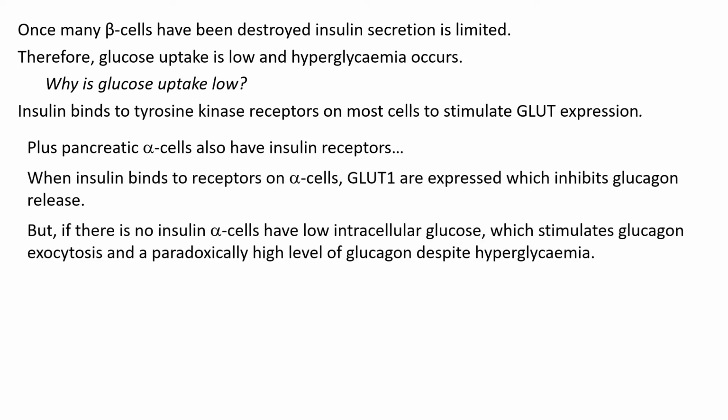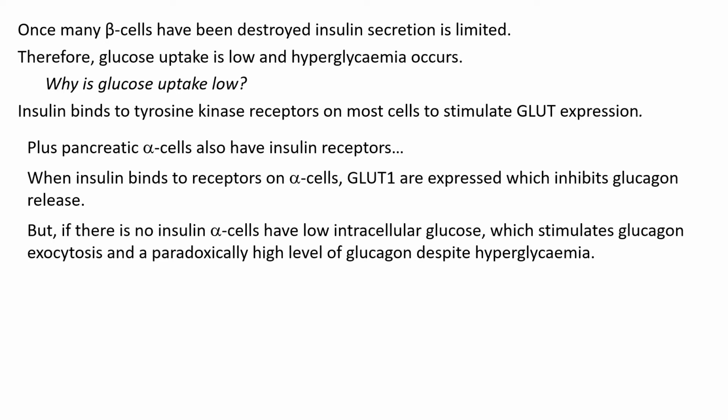So what happens is, when insulin binds to these receptors, their GLUT1 is expressed. Of course, if you increase the GLUT in an alpha cell, more glucose is going to get into the alpha cell. And because of the way these alpha cells work, if you can't remember, it was in your pre-reading for this section,